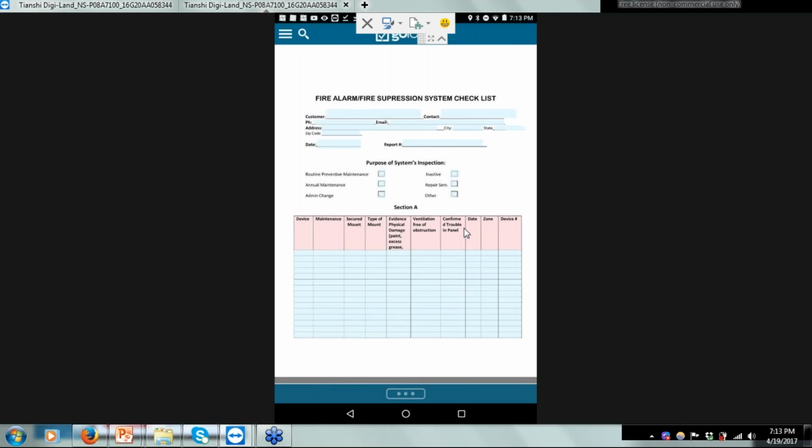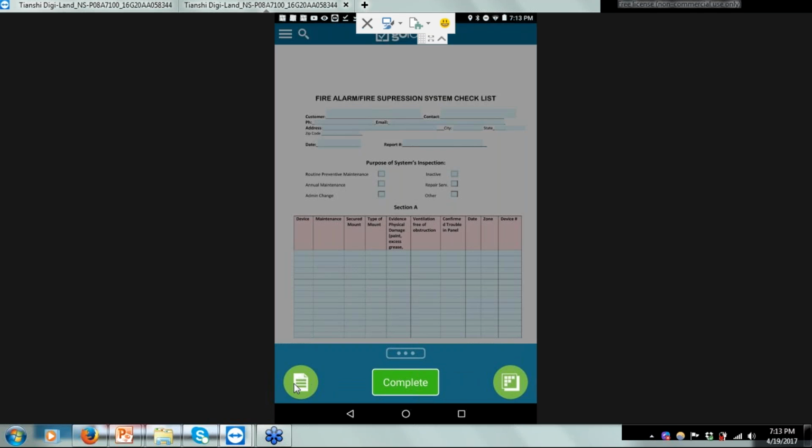It's a little bit slower, but it's the Bluetooth connection between my tablet and my computer. It's not the network. So this is what you have in the field. There are two ways to complete these forms. You can complete it either in this view as a PDF, or you can change the view if you have a smaller device like a smartphone, where the screen is smaller. And all these blue boxes that you see are your templates. All you have to do is click on the menu on the bottom, go to the left-hand page,